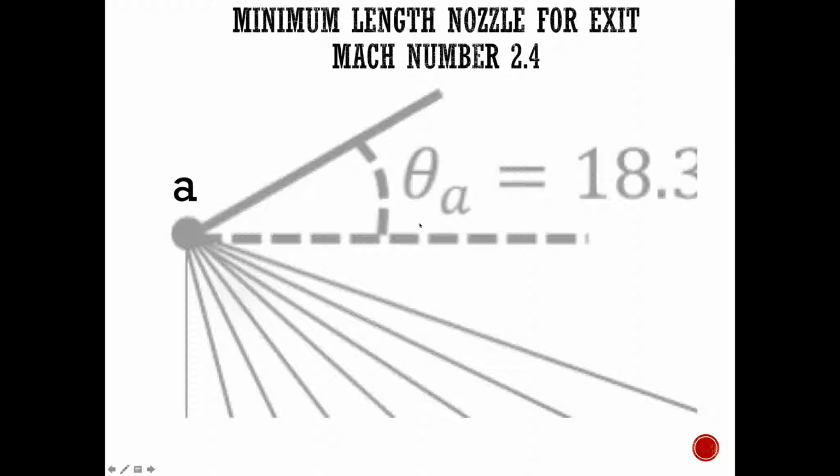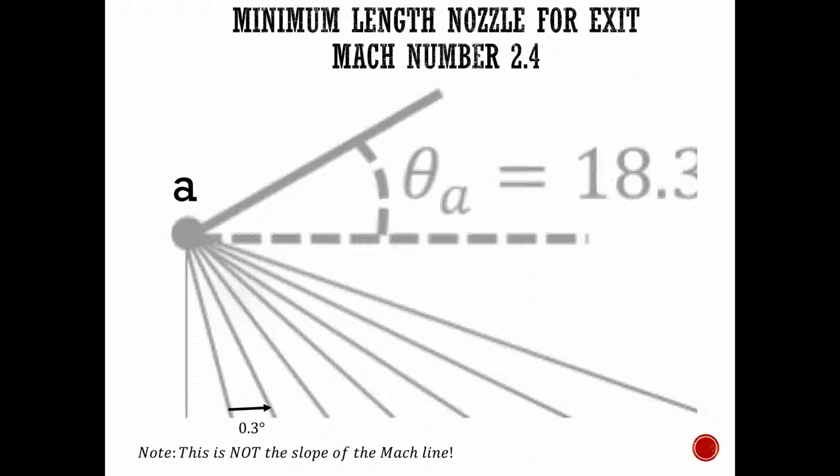So in this slide, we understood that if you want a certain exit Mach number out of the nozzle, the maximum angle of deflection near the throat should be about the Prandtl-Meyer function of that Mach number divided by 2. So that's what we saw in the class. And so to start the method of characteristics, what we do is we assume that the change in that angle